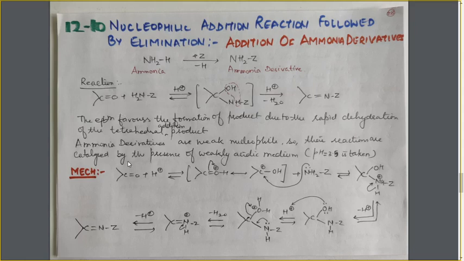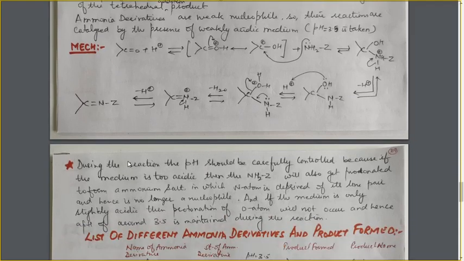Now let's see how the reaction is taking place. You will get a clear idea from this. First, this is the carbonyl group and the H positive ion from the weakly acidic medium. The electron pair from this oxygen atom gets transferred to this hydrogen atom, and we get this species. As a result, resonance takes place, and during this resonance the electron deficiency on this carbon atom increases, and due to greater electron deficiency, the carbon is much more active to take up the nucleophile. In this way, the H positive ion is increasing the reactivity.